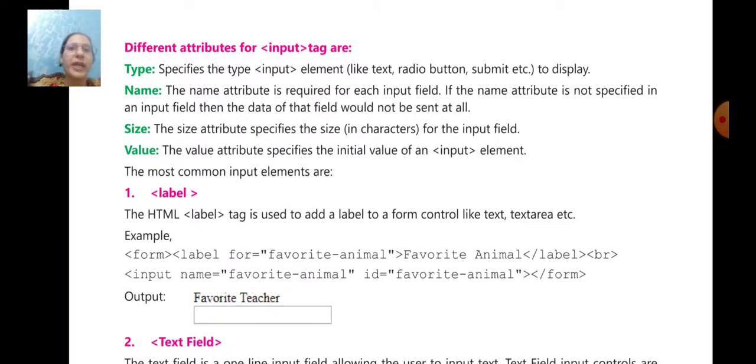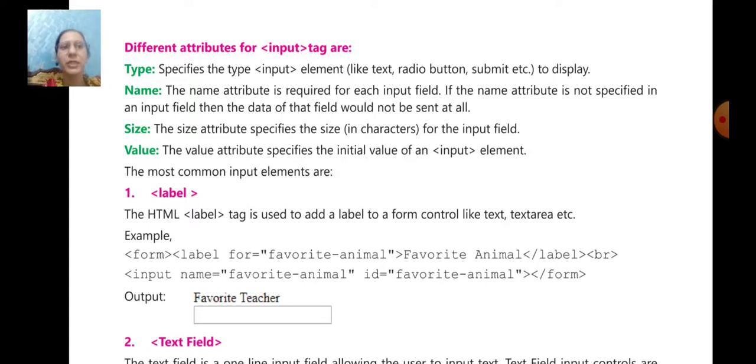Now, different attributes for the input tag. The input tag is used for getting information from the user, and different attributes of the input tag are: first is type. Type specifies the type of the input element, meaning it is a text box, radio button, submit button, etc. Next is name. The name attribute is required for each input field.